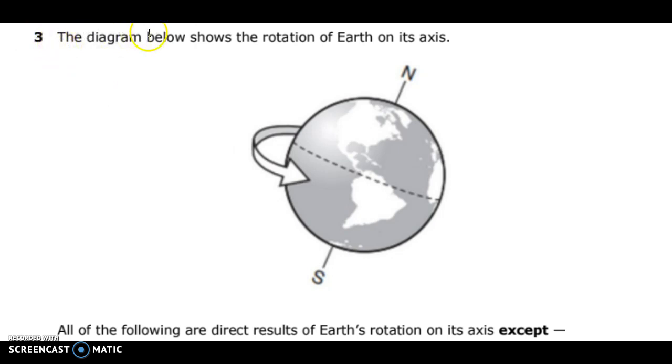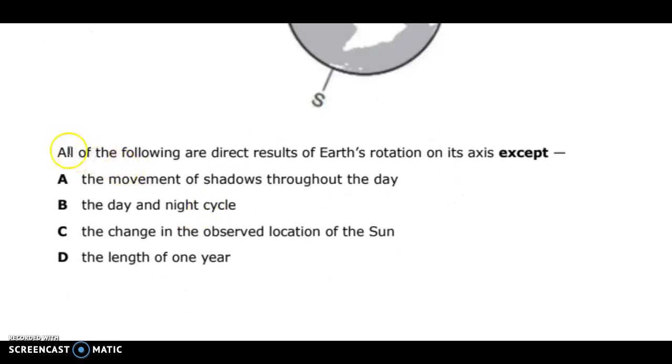Three. The diagram below shows the rotation of the Earth on its axis. North, south. All of the following are direct results of the Earth's rotation on its axis except